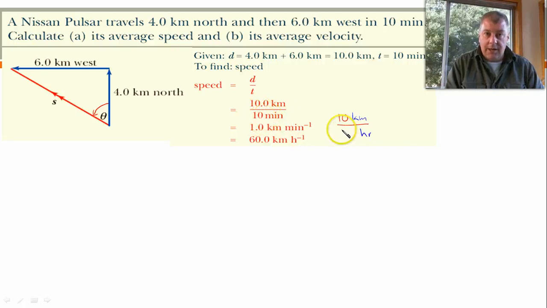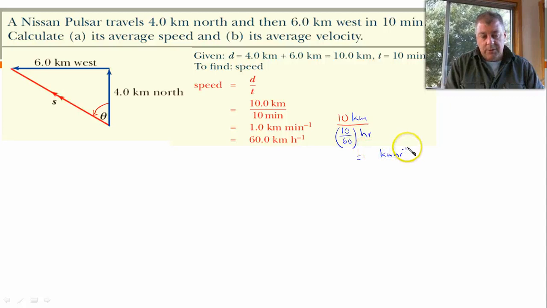So how many minutes in an hour? 60. So if we do 10 divided by 60, put that in brackets, and our answer would be in kilometers per hour to the minus 1. Now, if we wanted our answer in meters per second, we just need to convert our kilometers into meters and our 10 minutes into seconds, and